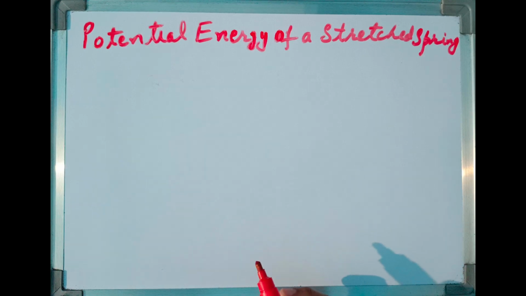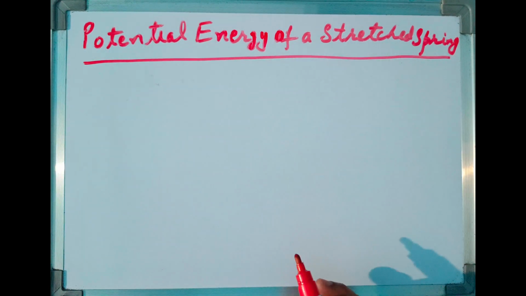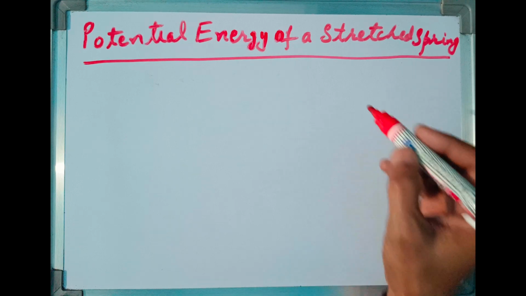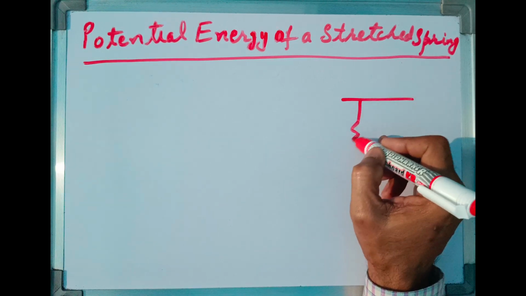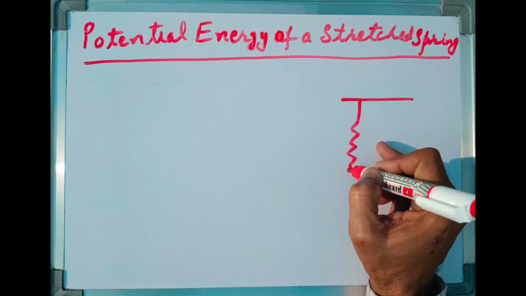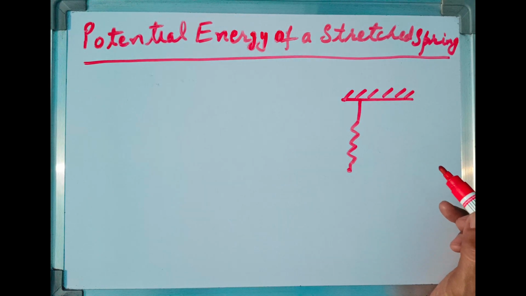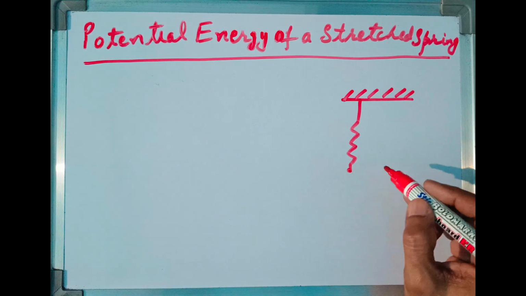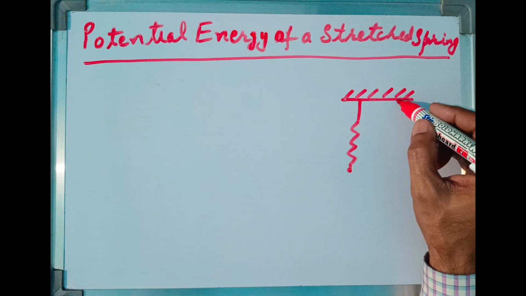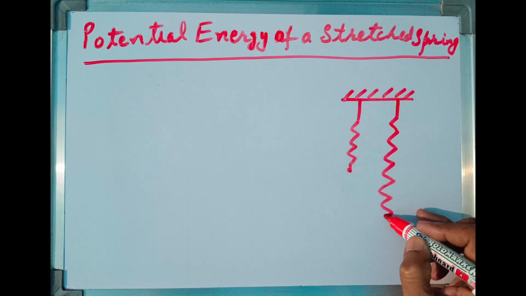In this video, I will share how to derive an expression for potential energy stored in a stretched spring. For this purpose, let me consider a spring connected to a rigid support. Suppose I apply some force on this spring in vertically downward direction such that it gets stretched to some distance,